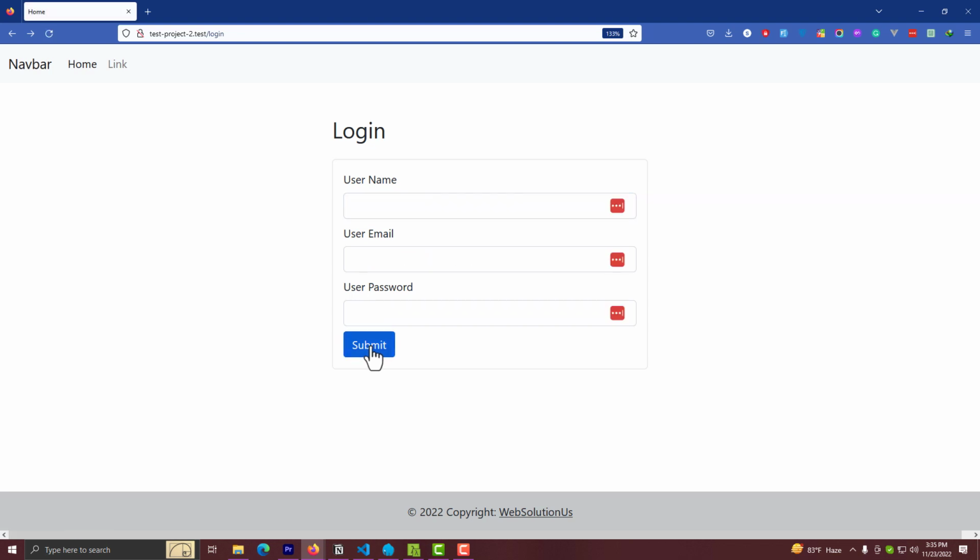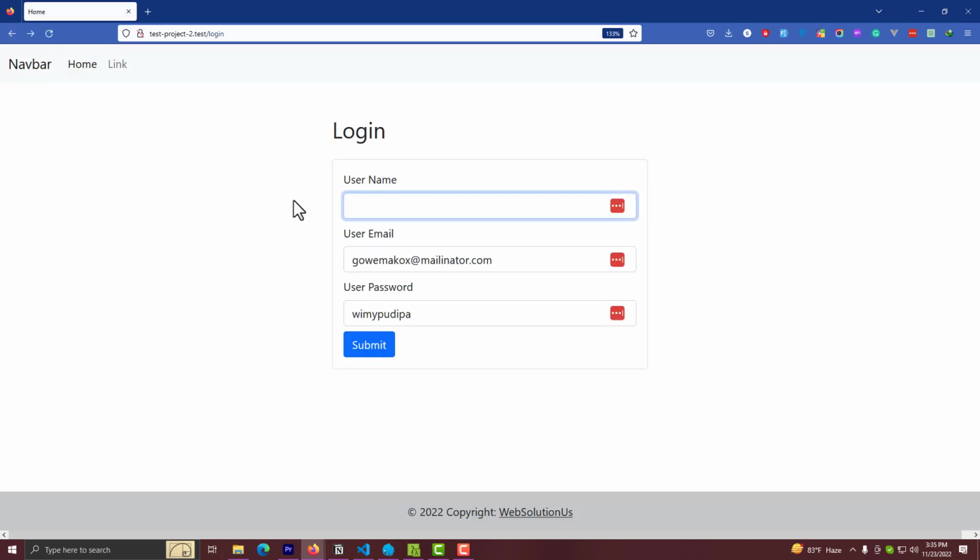And you can see nothing happens. Our page has been reloaded, but nothing happens. We are in the same page. We didn't get the response. Previously we saw, let's check again. If I fill the form and submit, you can see I get the response, right? If I go back and remove the username and then submit, it is showing nothing. It doesn't redirect in the page, not showing the response. Okay,